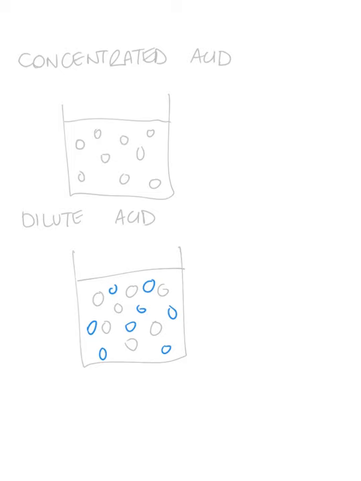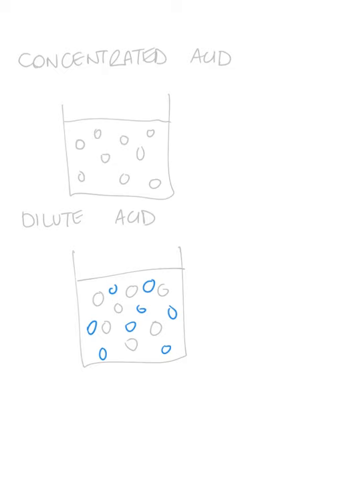Okay, and the reason students then confuse strong and weak is because sometimes teachers may have wrongly referred to something concentrated as something being quite strong. So if you think of a glass of squash, for example, and you've added loads and loads of squash and not much water, somebody might say to you, oh, that tastes quite strong. And there lies the misconception where we think that strong and weak and concentrated and dilute are directly associated,